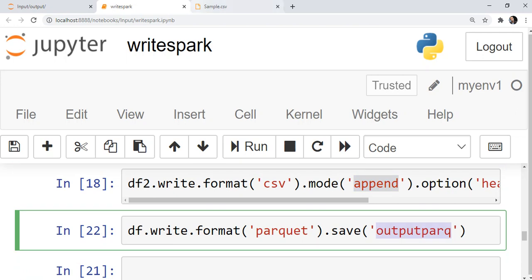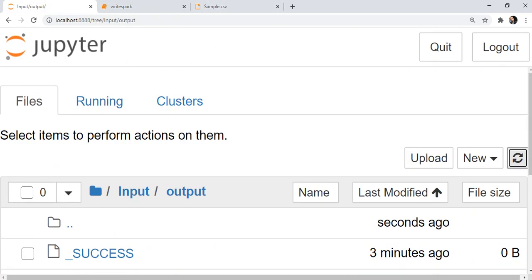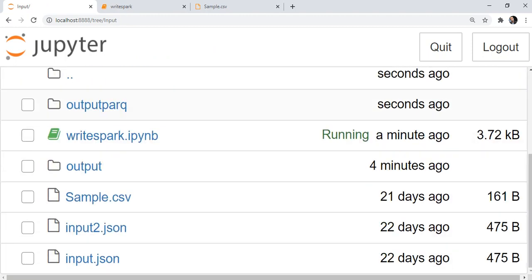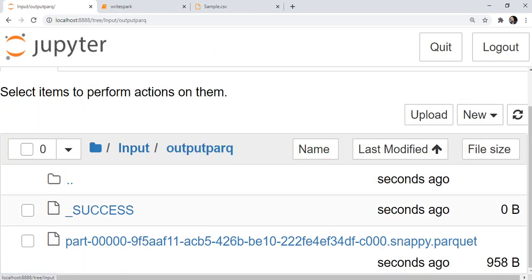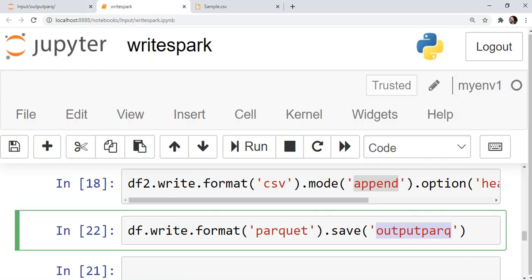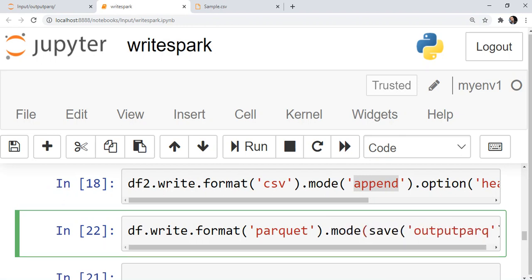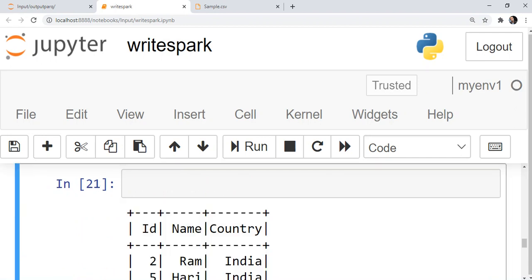So let's see whether it has created the output park folder. Yeah, it has created. So it has also written the details in parquet, and we didn't mention the mode. So what I will do, I will try to overwrite.